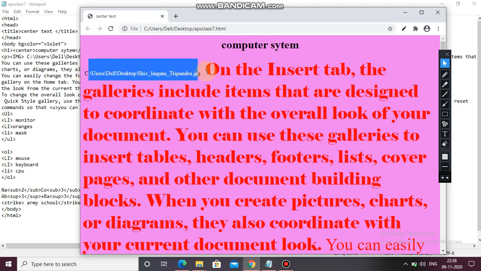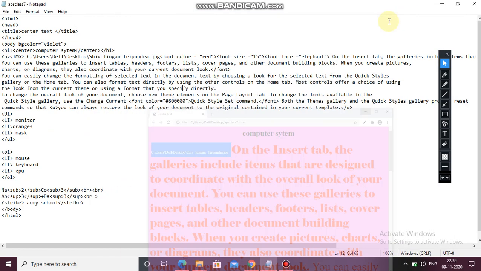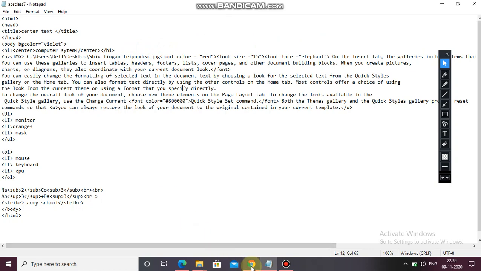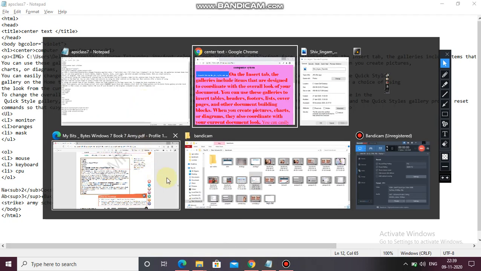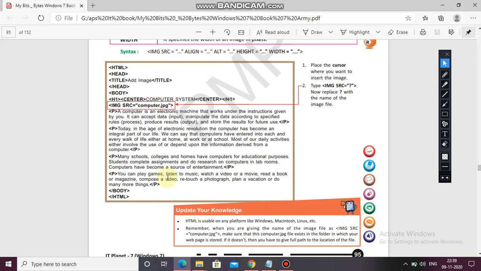See here, it has not shown the picture. It is showing the users Dell desktop path. So it means it didn't get the right path. So how will you provide it? Because you have not written src, from where you have taken the image.